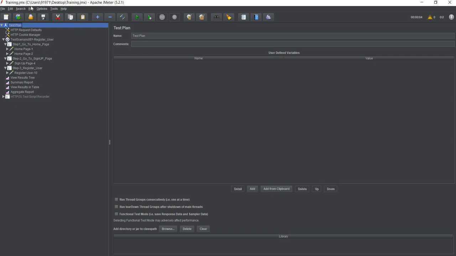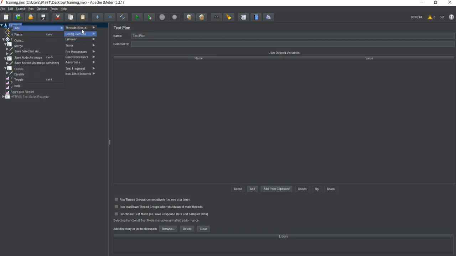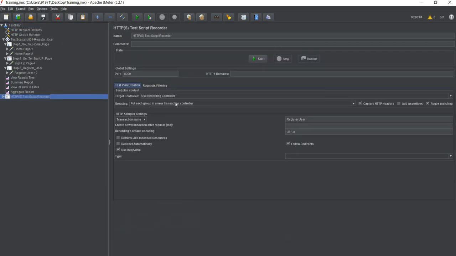So this is the extension of the JMeter test plan, and this is the topmost element. When we click over here and click add, in a test plan these all things can be added. Let's start with non-test elements, which is like test script recorder. We have already done and recorded the test script. So this is the test script recorder. Why it is called non-test element is because this is not used in testing. This is only used for recording the script.